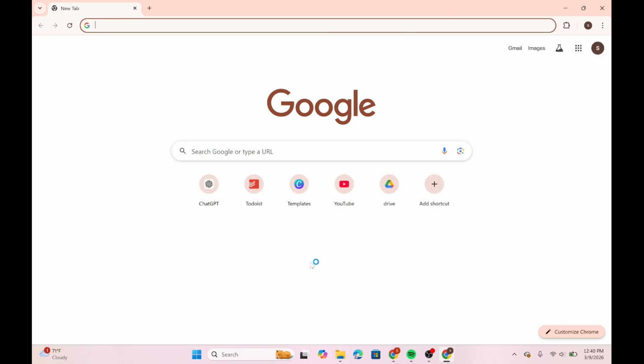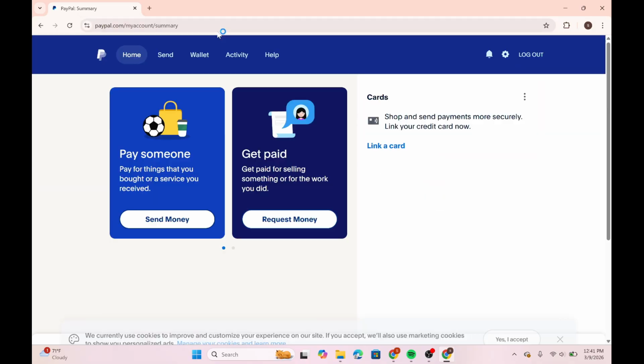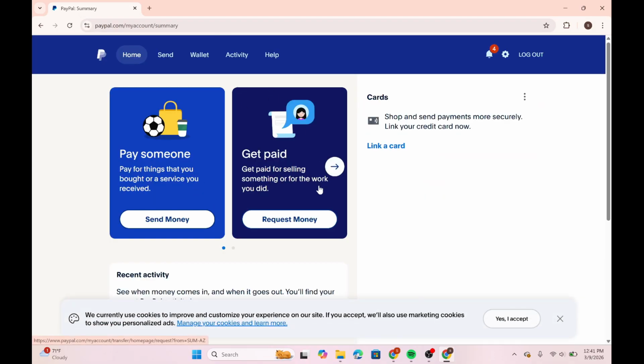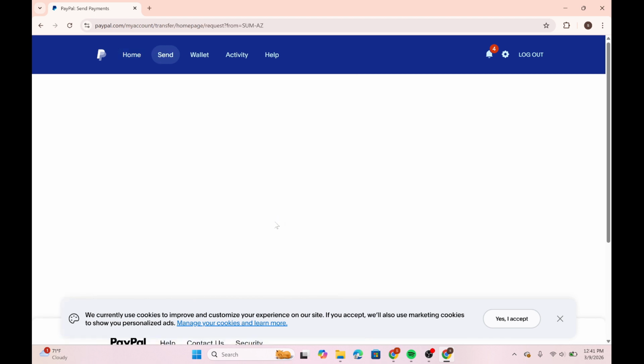So first, open any web browser that you prefer, and at the top there's an address bar. Type down paypal.com and enter it, and make sure to log into your account if you have not already. And over here, select Request Money, and this will open a page where you can enter the